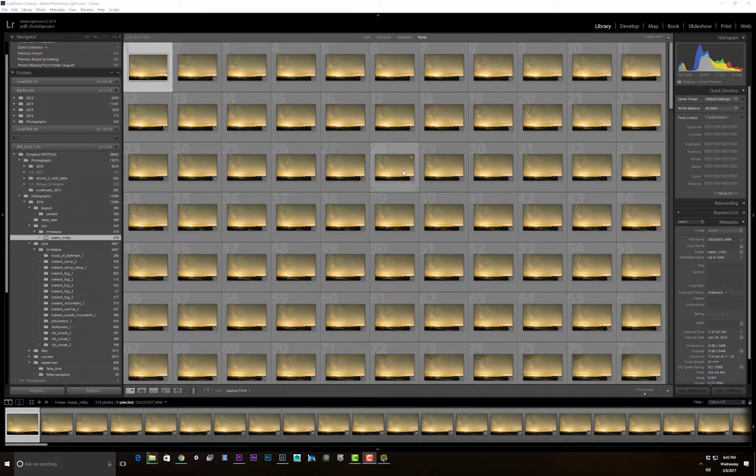Okay, so this tutorial is a Milky Way time-lapse tutorial and how to edit and put it together using Adobe Lightroom and Adobe Premiere. It's a more advanced tutorial, and for the sake of time,